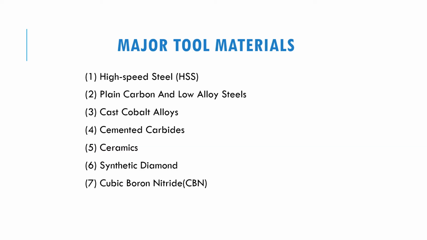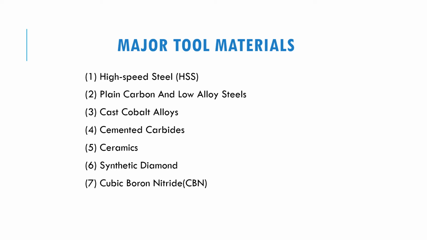So here are some major tool materials that are available in the industry and widely used. There are high speed steel or HSS, plain carbon and low alloy steel, cast cobalt alloy, cemented carbide, ceramic, synthetic diamond, and cubic boron nitride or CBN. There are a lot more cutting tools available, but these seven are the most common ones used in